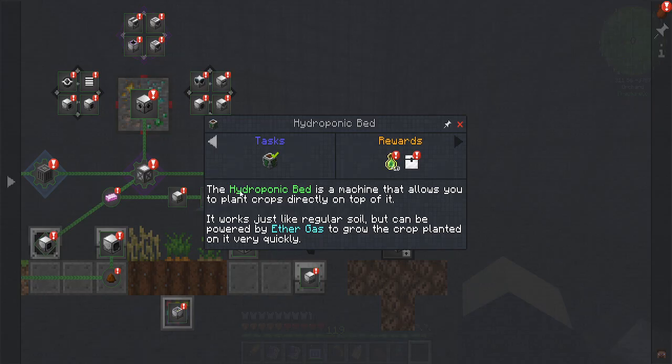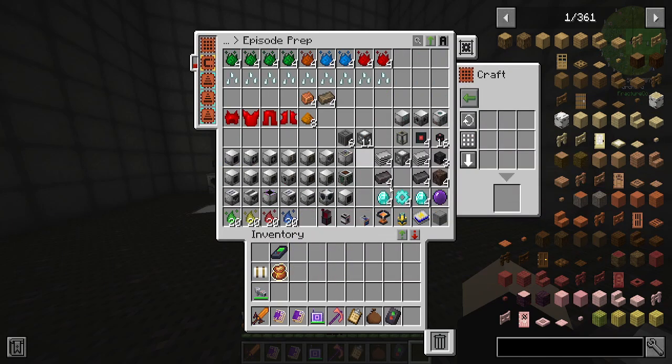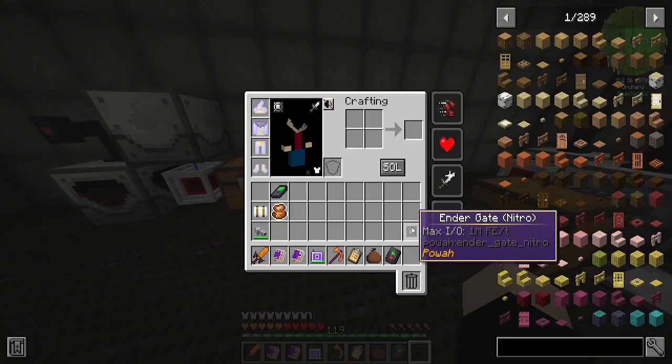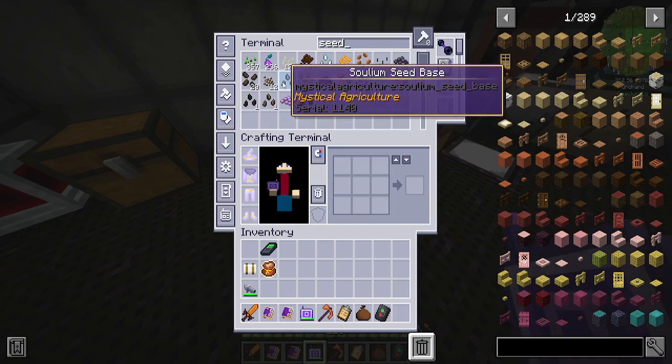We have the hydroponic bed, which I haven't tested. I actually do want to test this really quickly, because if it's super powerful, we might use it for something. I've never tried this before, so let's put that there. Let's put that there, and then we'll grab a seed. I want to see if we can grow